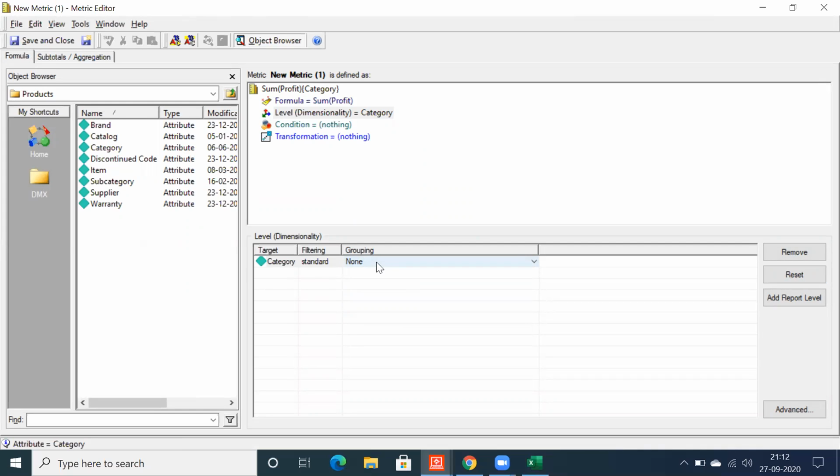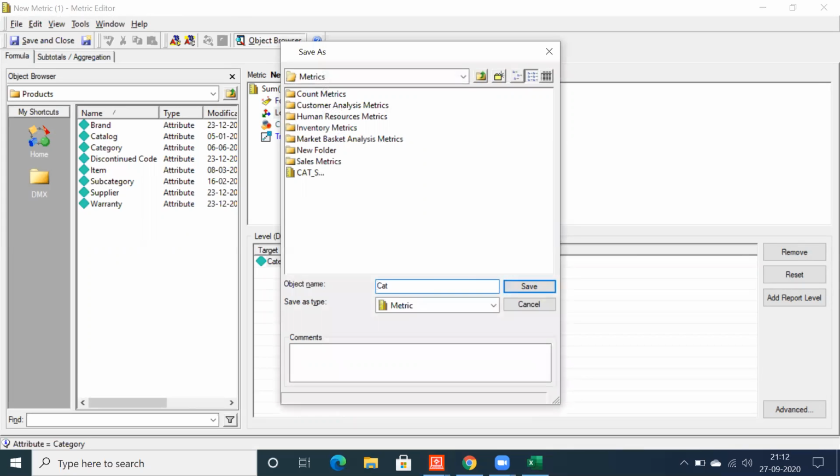If grouping is none, I'm not going to perform any aggregation. I will discuss standard and filtering, what is filtering and what are all the options we have. So we'll discuss that. But if you are going to set grouping as none, so let's save and close this,